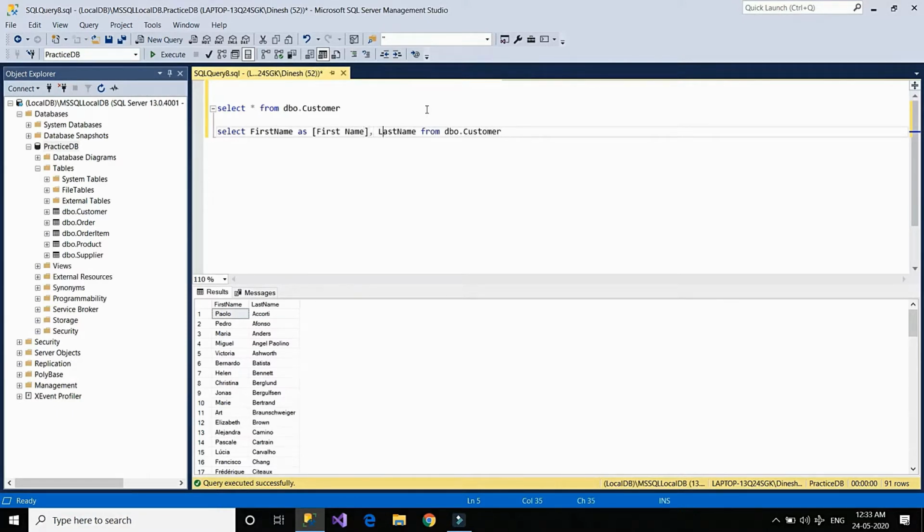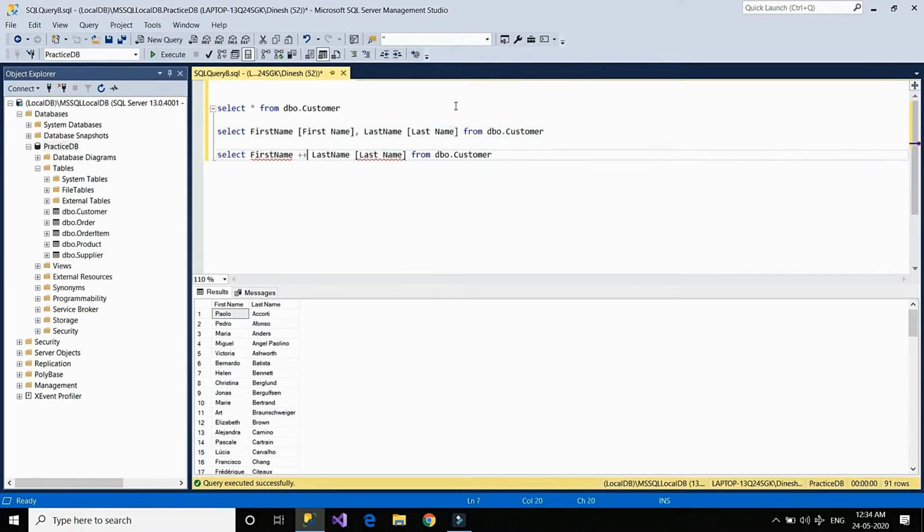The only difference between MySQL and other databases is that here we need to write the alias in square brackets. Let's run the query. Now you can see that the first name is renamed as first name itself, but with a space in between. This is how you give the alias name to your columns in an SQL query. Instead of giving as, if you directly write it without the as clause, it will still give you the same result, but it is recommended that you write the as clause, because if someone else views your query, it would be easier for them to understand.